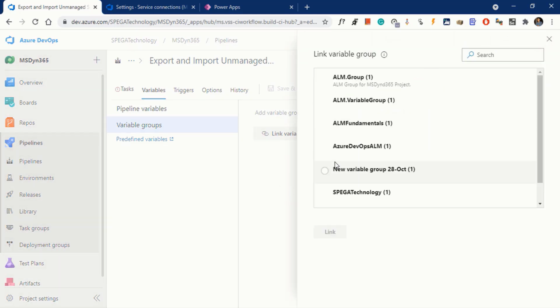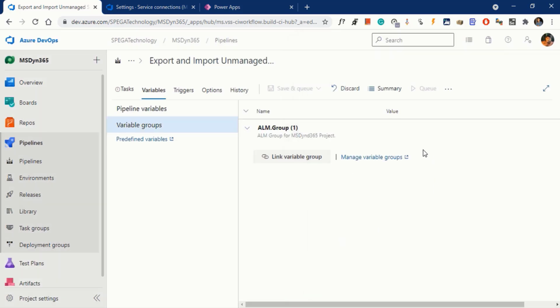It opens all variable groups in the system. Let's select the variable group which we created earlier. It shows alm-group with one variable, which means this group has one variable. Let's click on link. The variable group is added to this pipeline. If you want to see the variables in this group, expand. Solution name is a variable, and here is the value for this variable.